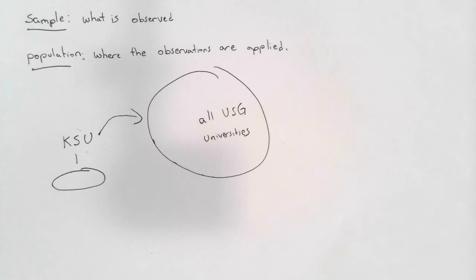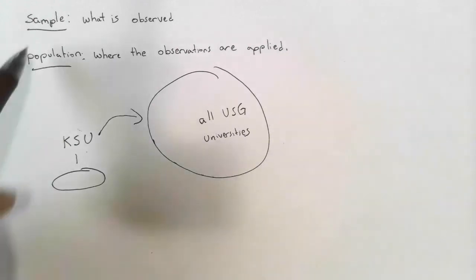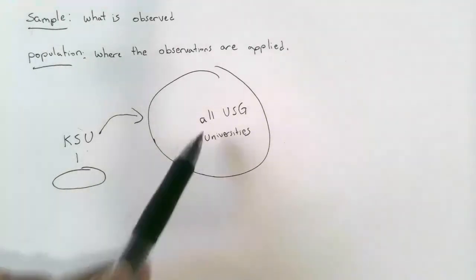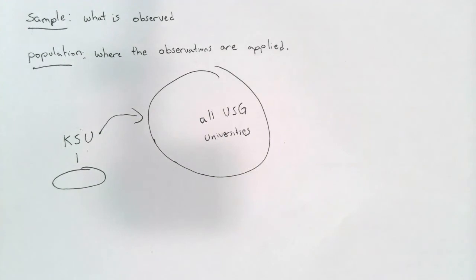So being able to decide what sample to pick and whether or not you can apply it to your population is very important in statistics. And it's crucial because it's one of the first steps you make. And if you get it wrong, you're not going to get the correct answers. So this is something very important. Whenever we're looking at collecting data, we need to first recognize whether or not our sample is representative